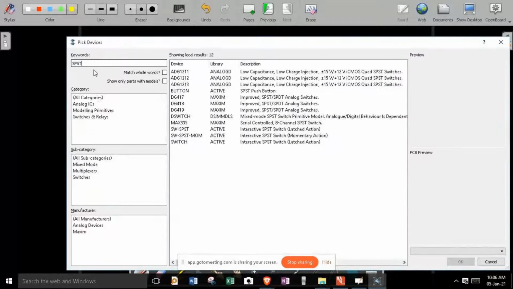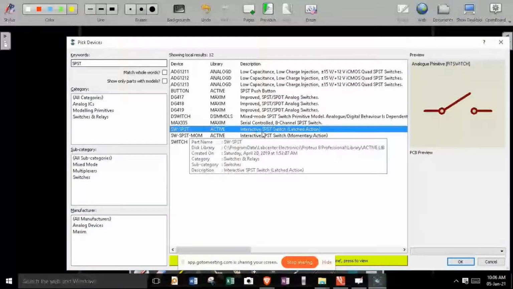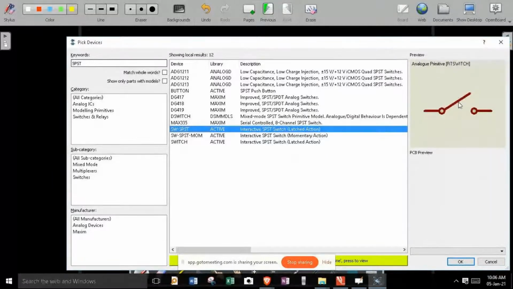So right after doing that, this pick device window is returning me a lot of options, wherein I got to go for this SW SPST. So I can hit on it, and here is where I can also have a preview of how exactly that component looks like.